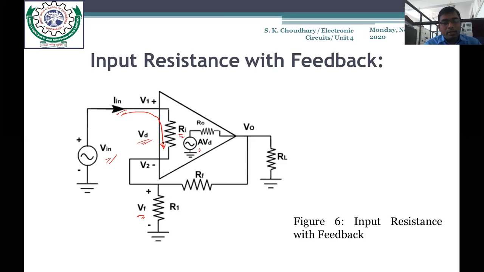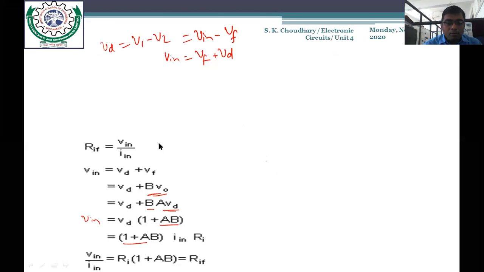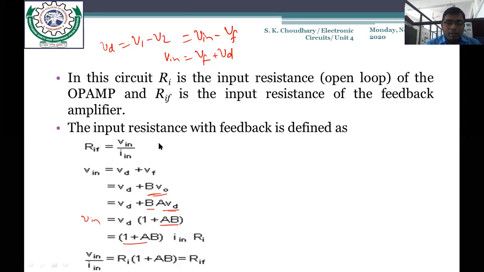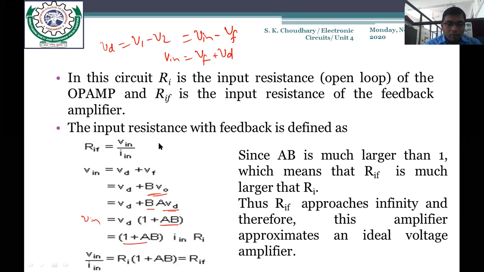Here we substitute the same value, so Vin is equal to 1 plus AB into Iin into Ri. Ri is the input resistance without feedback. You just bring Iin to the denominator of the LHS, so Vin upon Iin, that is nothing but your Rif,